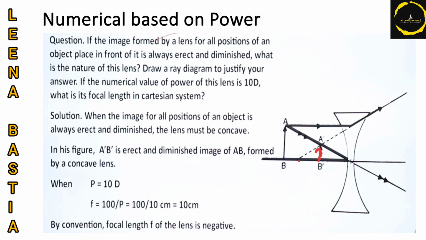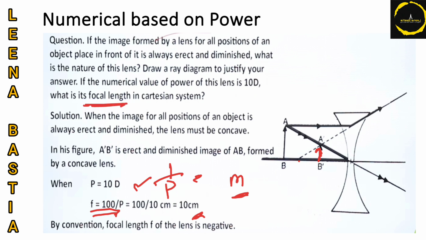Okay, so now the point is what is the value of the focal length? P has been given, that is 10 diopter. Just put the formula f equal to 100 by P, because we want to get the answer directly in centimeter. In case you use the formula 1 by P, then the answer will be in terms of meter, so you need to convert it into centimeter,